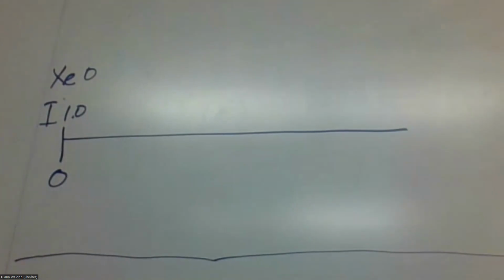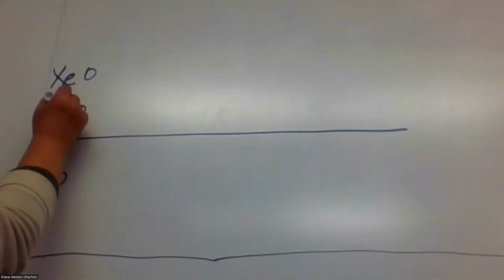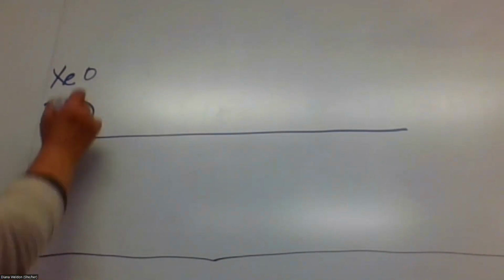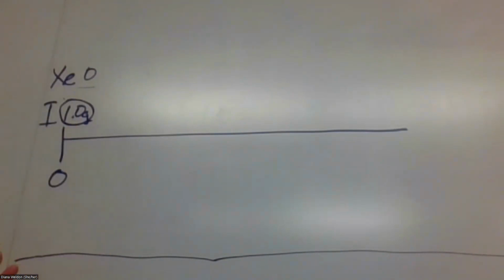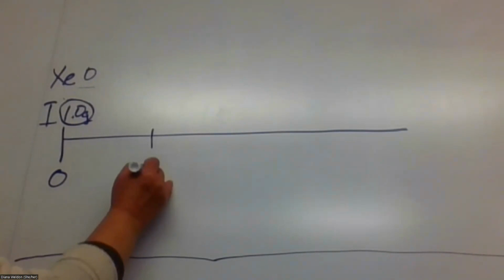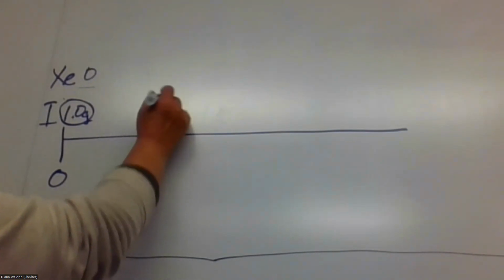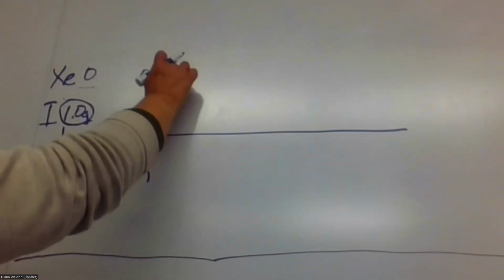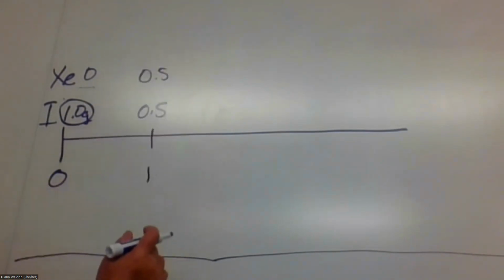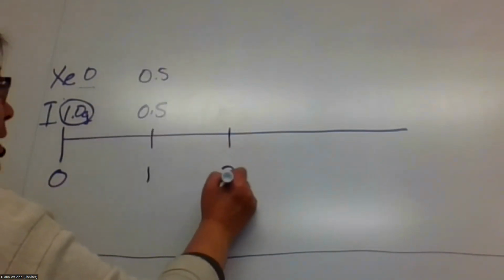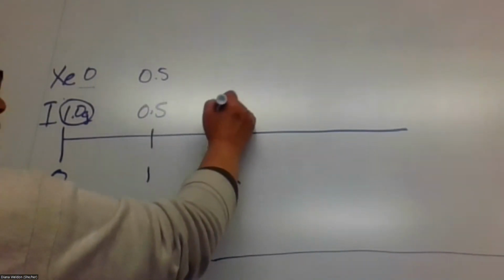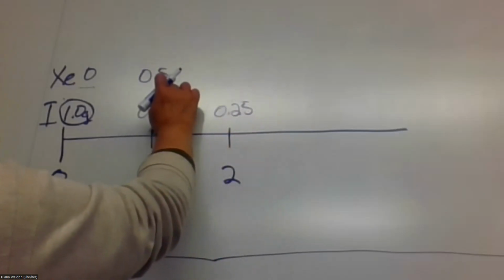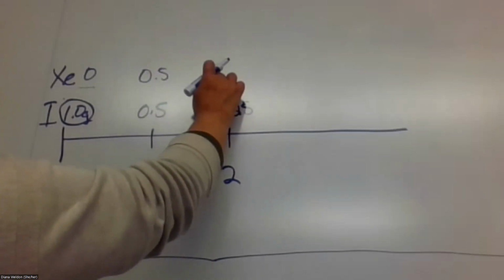So I wrote the number line up here. And so I have 1.0 gram of iodine 131, and no xenon at the very beginning. Then after one half-life, I'm going to have 0.5 iodine and 0.5 xenon, because half of that gram turned into xenon. After one more half-life, I'm going to have half of 0.5, 0.25 iodine, but the other half of this 0.5 turned into xenon. So 0.5 plus 0.25 equals